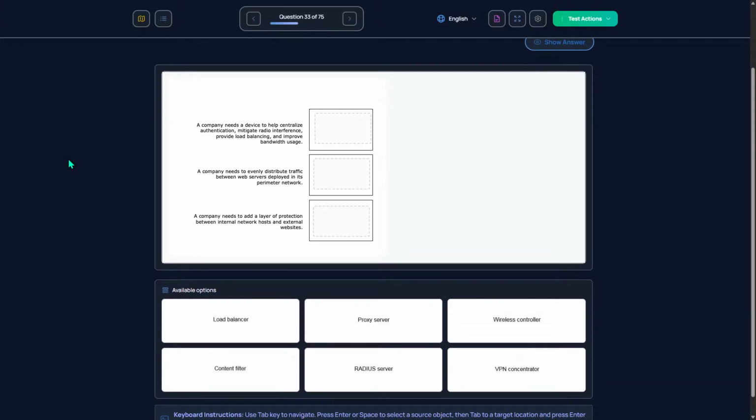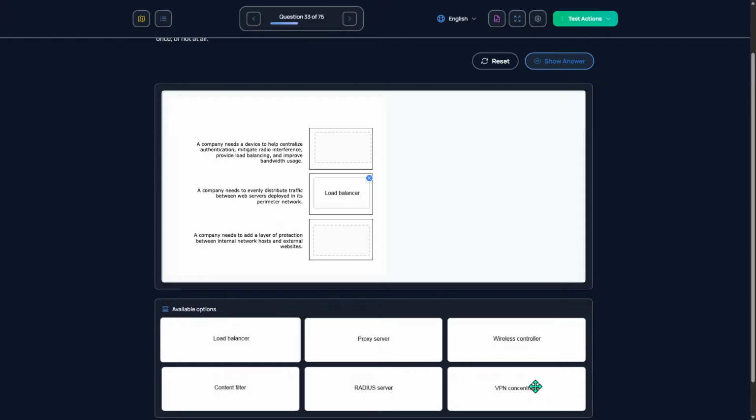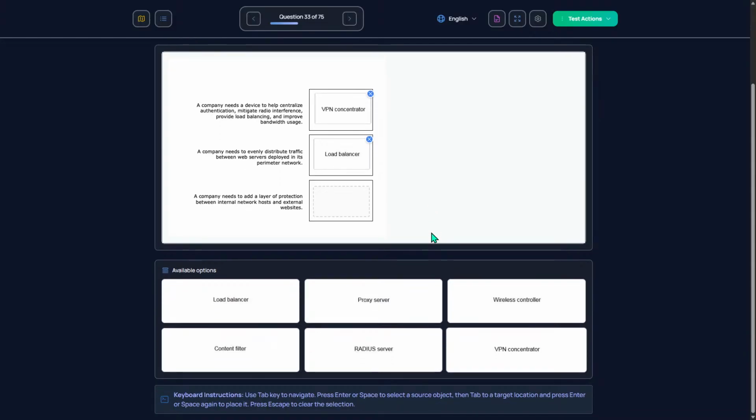Oh man, okay. Load balance. VPN concentrator. And proxy server, right?